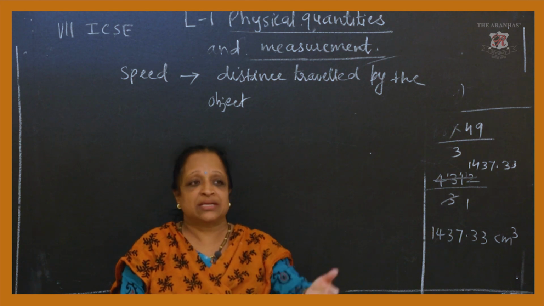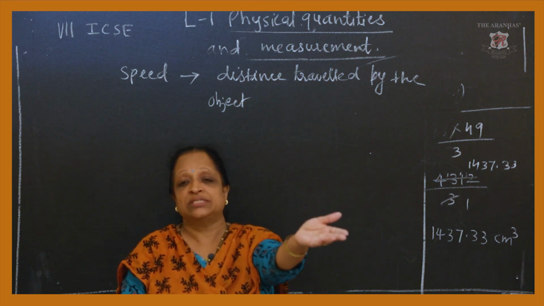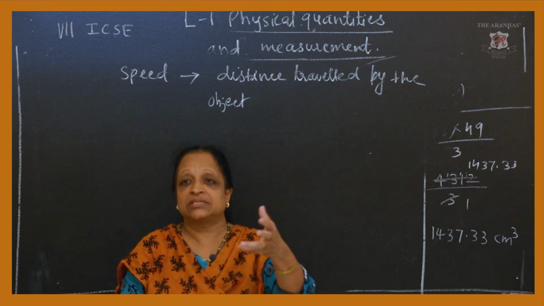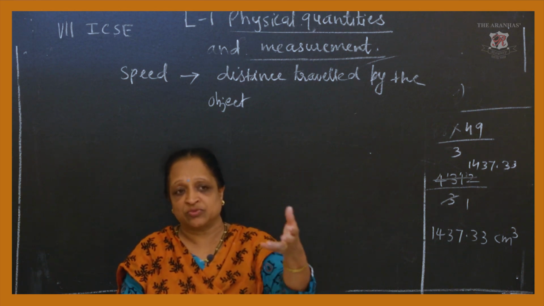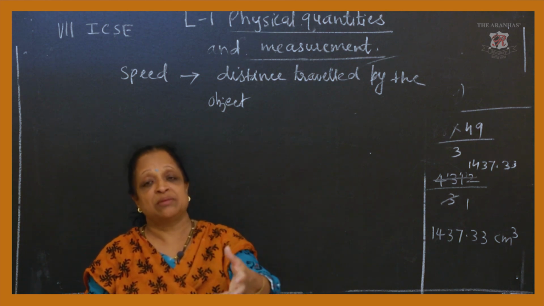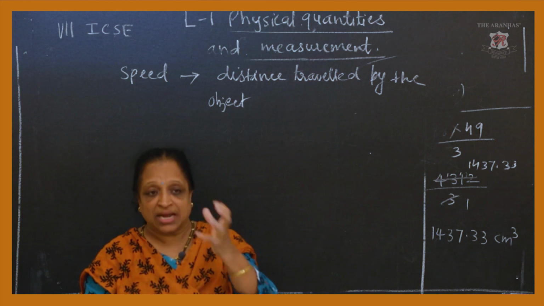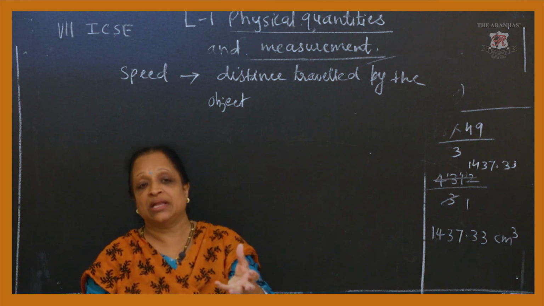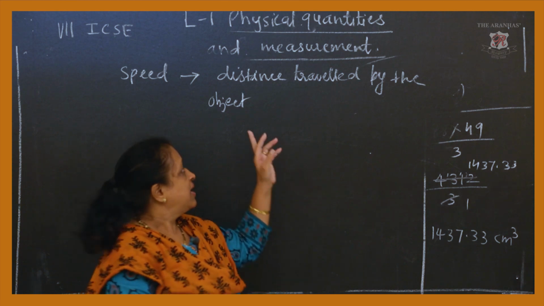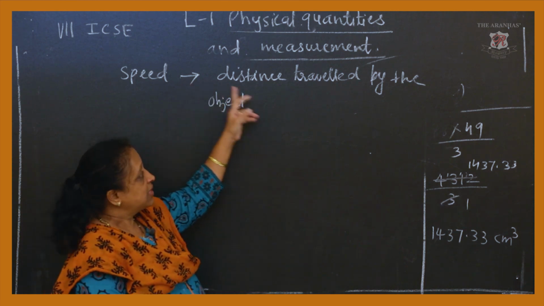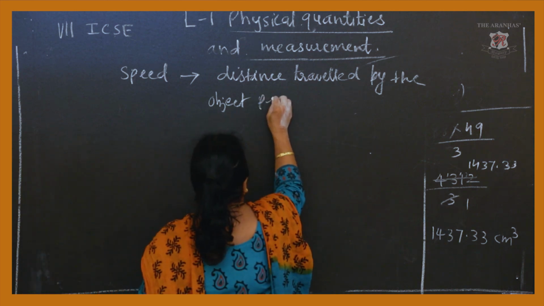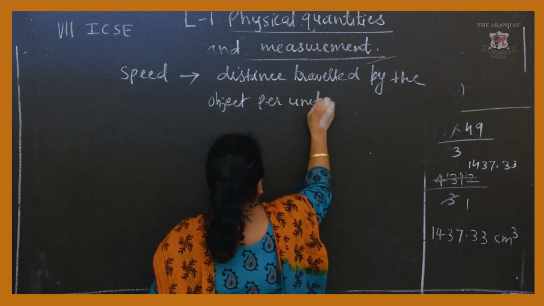If you are walking, I say, it is a 10 minutes distance, I can go easily. You know that to cover that much distance in meters, say 5 meters, 2 meters, 1 meter, 10 meters, you are taking 5 minutes, 10 minutes, 7 minutes, 8 minutes. That means to cover that much distance, we are calculating how much time I require. That is why speed is defined as the distance traveled by the object per unit of time.